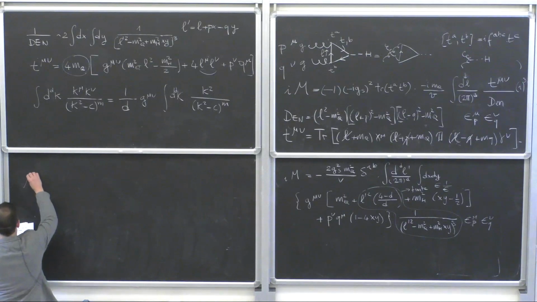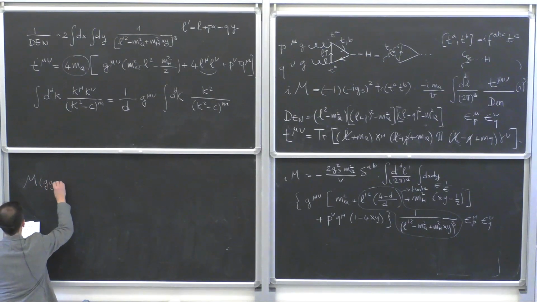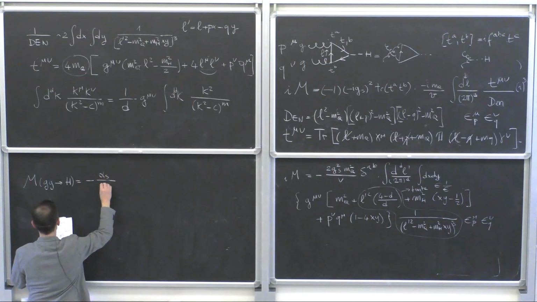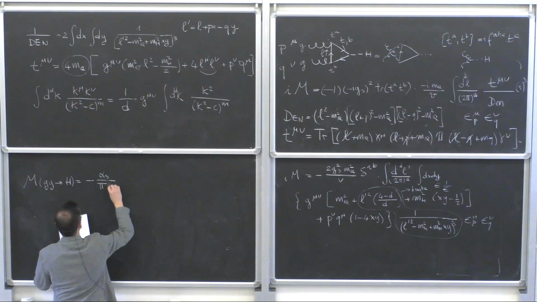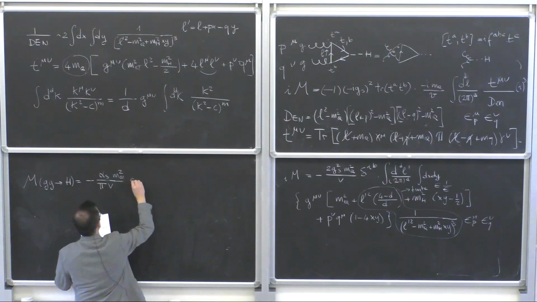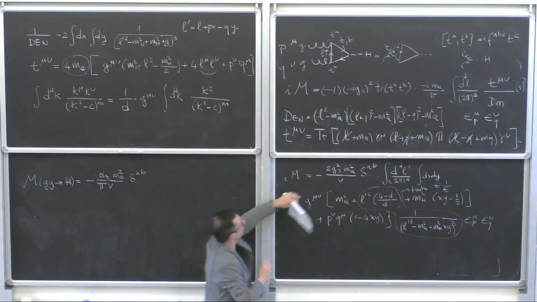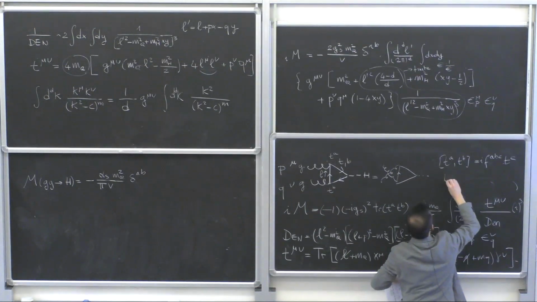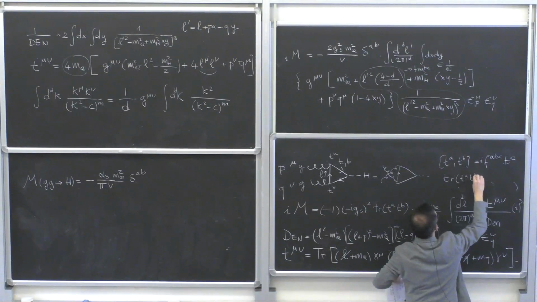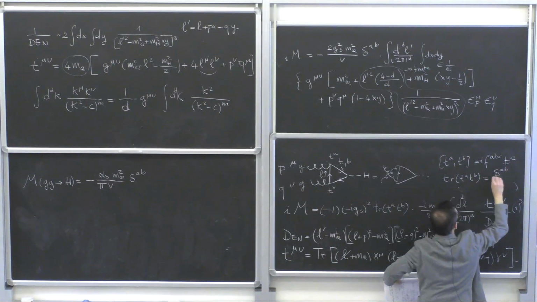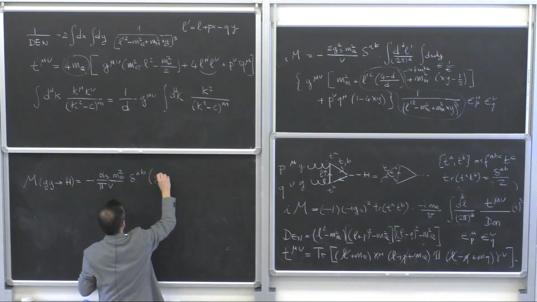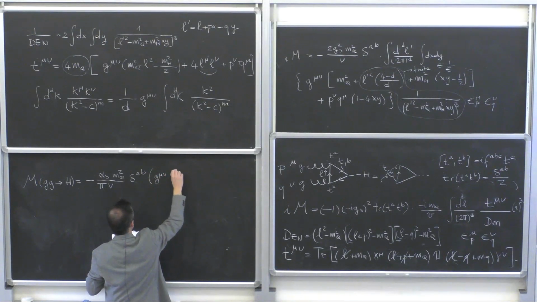So the amplitude for g g to X is minus alpha s, now I'm putting the g squared into alpha s, times m_q squared, delta AB, color, right? Color, the trace of T^A T^B is delta AB divided by 2. And then I have a Lorentz structure which is